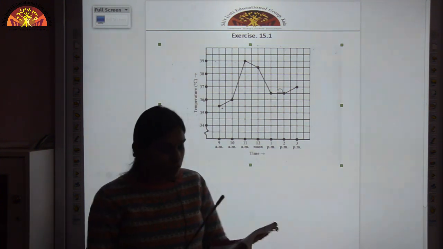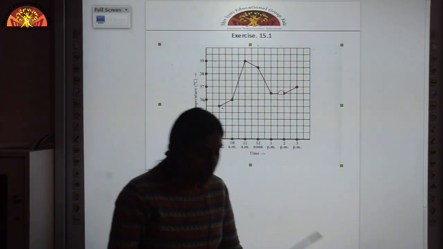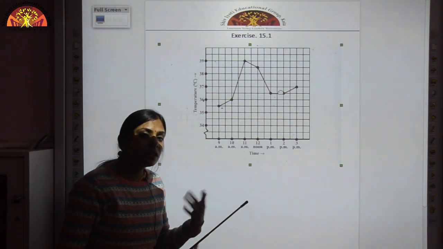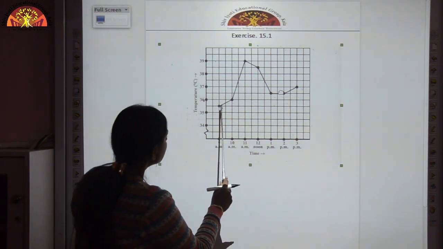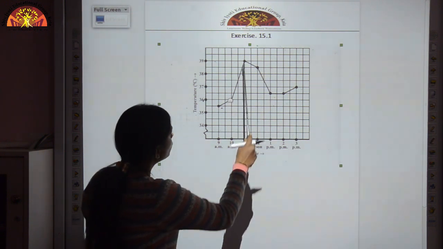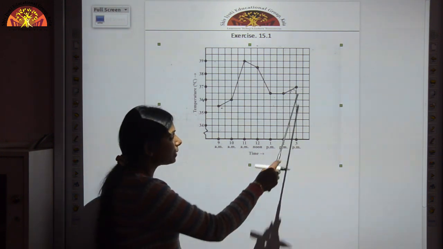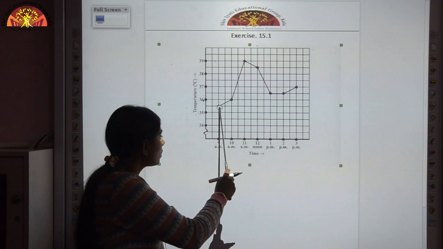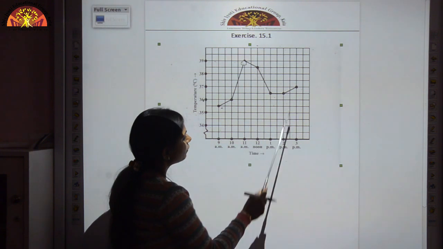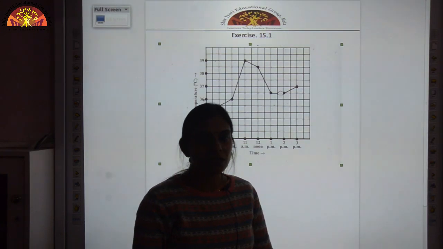Okay. Now the last part of this question, during which periods did the patient's temperature show an upward trend? Now children, you have to give the time duration when the temperature has shown the upward trend. So you can see that it is from 9 a.m. to 10 a.m., then from 10 a.m. to 11 a.m., and over here it is from 2 p.m. to 3 p.m. So there are 3 durations: first from 9 a.m. to 10 a.m., second from 10 a.m. to 11 a.m., and the third is 2 p.m. to 3 p.m. Is it clear? Okay. Now we'll move to the next question.